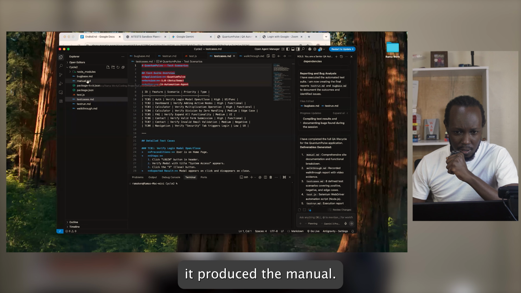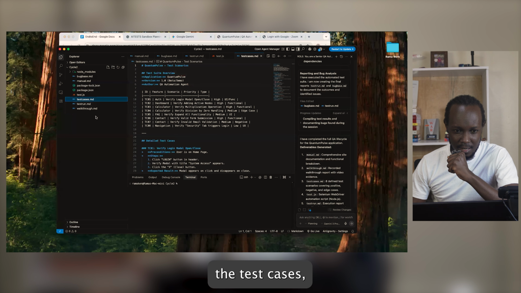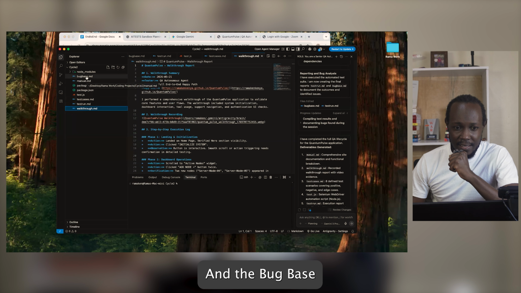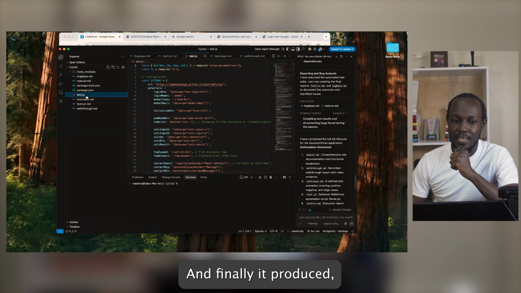It produced the manual, it produced the test cases, the walkthrough and recordings, and the bug base to show everything, the problems. And finally, it produced